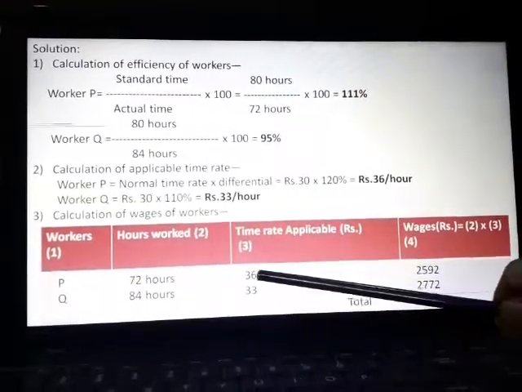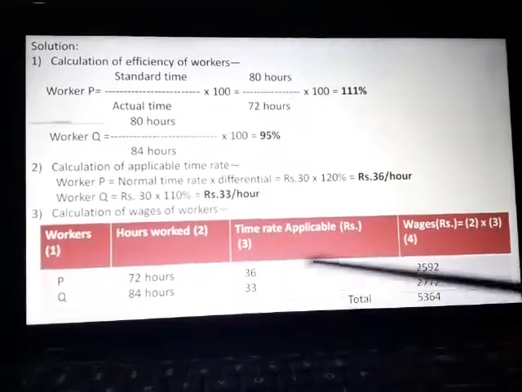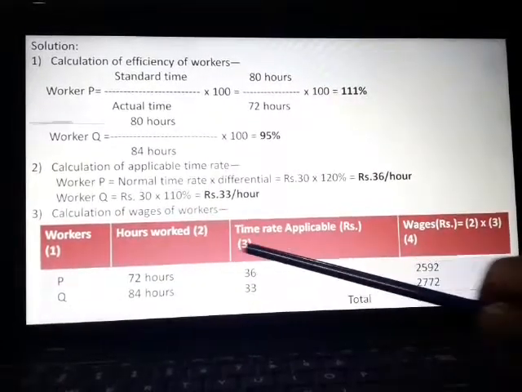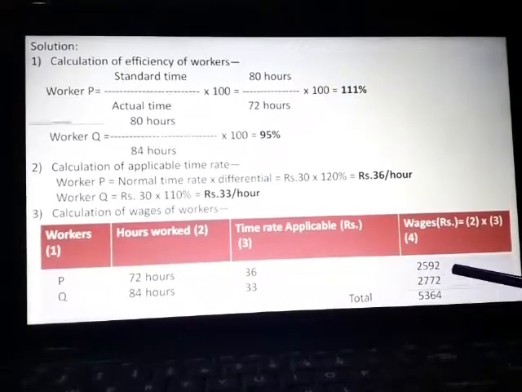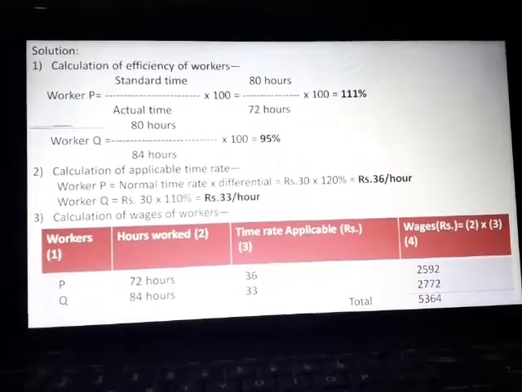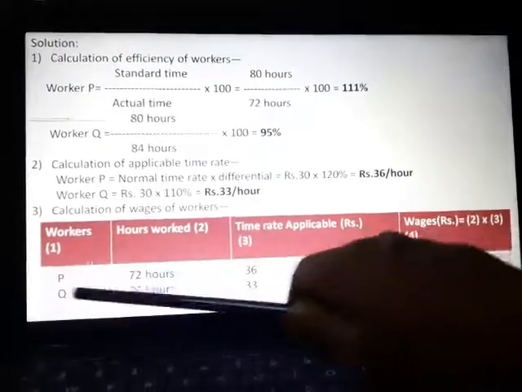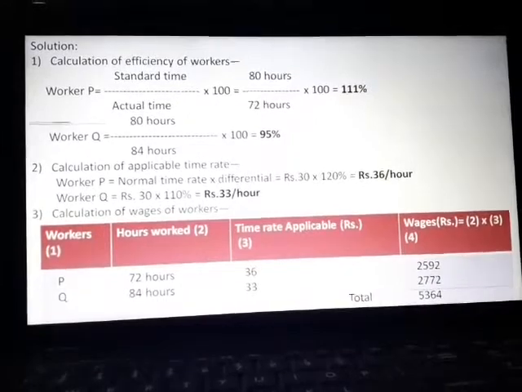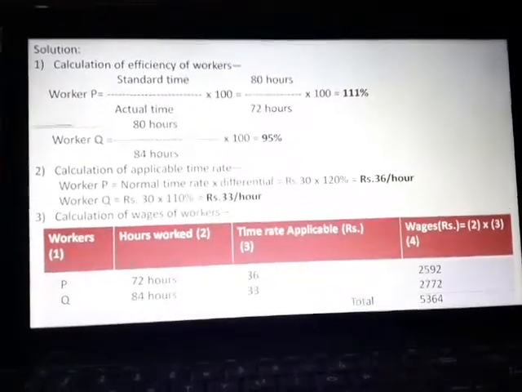Time rate applicable: rupees 36 in case of P, rupees 33 in case of Q. Wages: column 2 into column 3. 72 hours into 36 is 2592. 84 hours into 33 is 2772. So P will get 2592, Q will get 2772. Totally they will get 5364. So, in this way we will calculate the